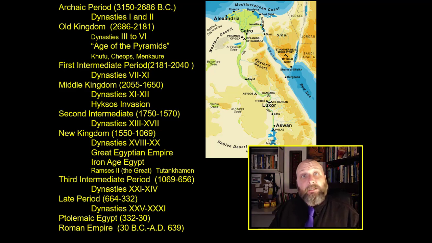That's known as the Middle Kingdom. The Middle Kingdom, roughly 2055 to 1650 BC, can be seen as an attempt to rebuild and to recapture the glory days of the Old Kingdom. They still continue to build pyramids, except as we'll see, the pyramids aren't nearly as nice and they haven't lasted in nearly as good a condition.